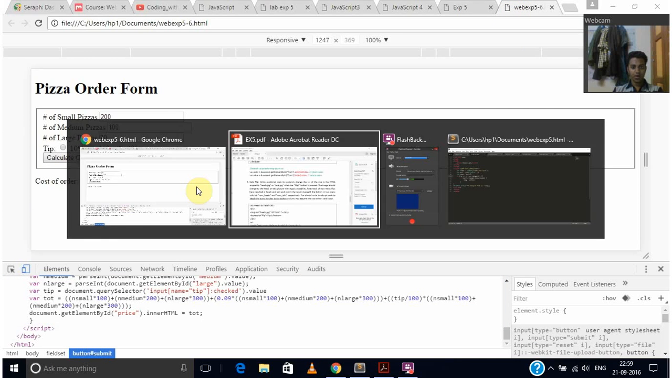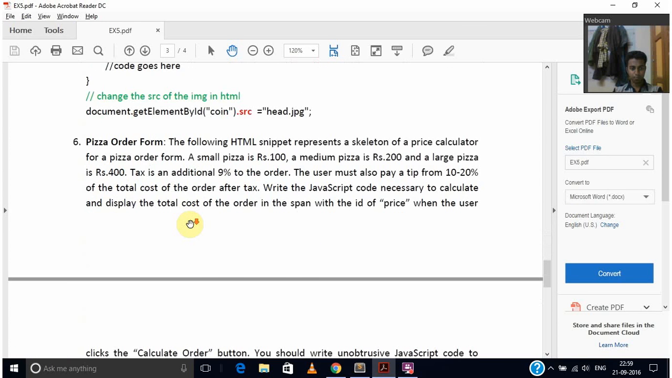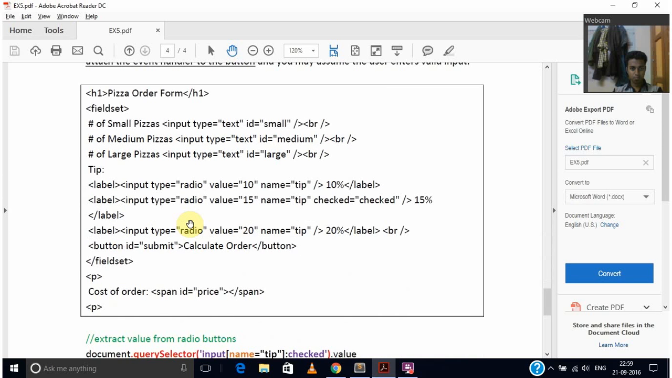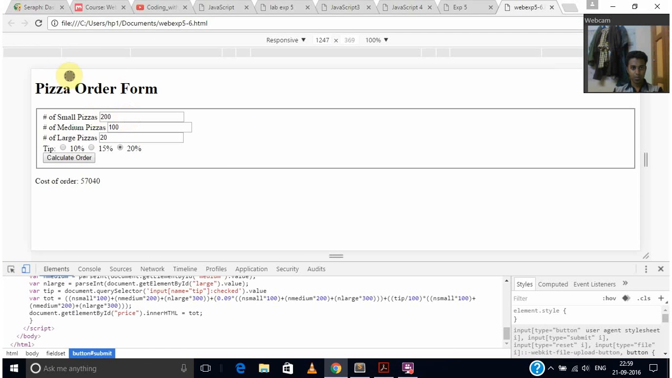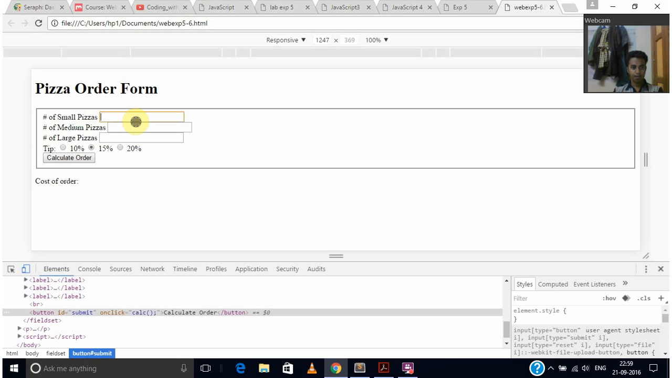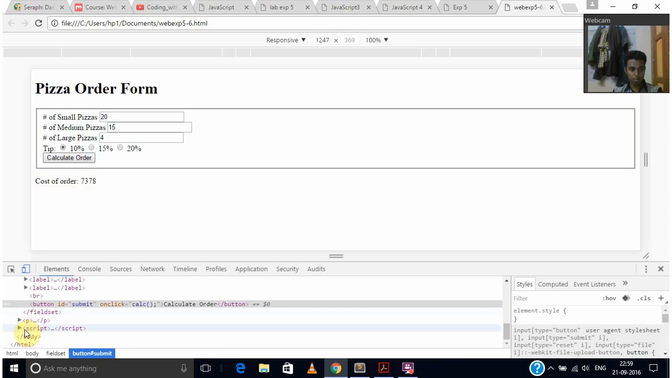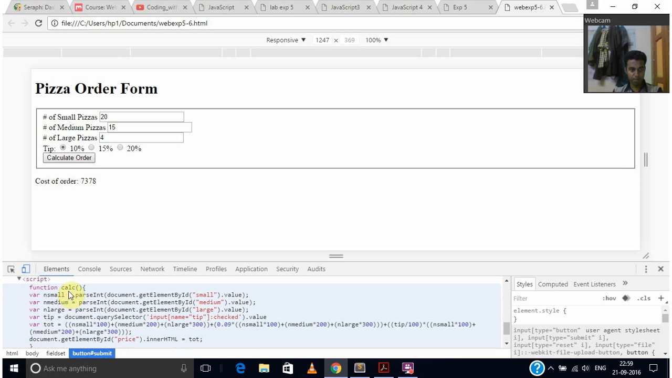At last we have the pizza order form. It calculates the price based on the order we are giving. Suppose, let me refresh the page, and if I give my number of small pizzas as 20 and number of medium pizzas as 15 and number of large pizzas as 4, and I give my tip as 10% and I click on calculate order, it will call the function inside the script, that is function calc,